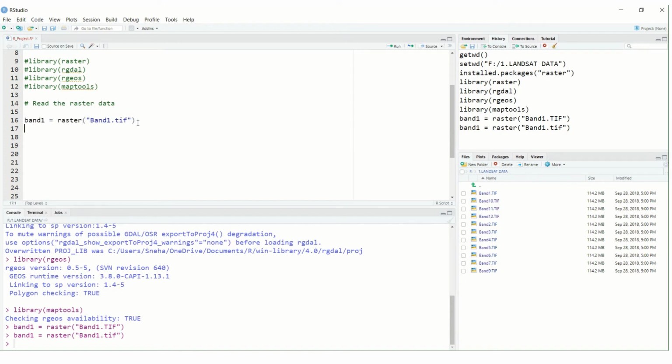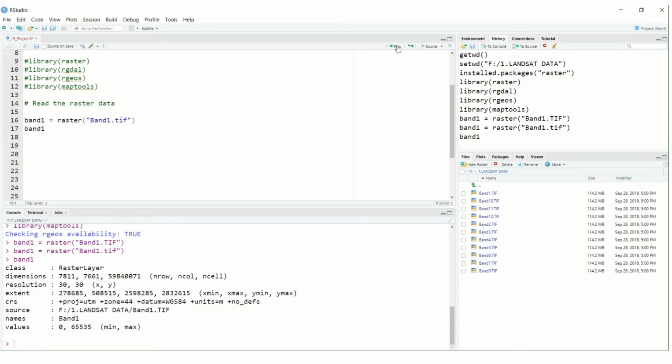Next step, you can check what information is there in the raster data. For that I'll write band1 and run. So what do I have in band1? The class is RasterLayer, and the dimensions are given: number of rows, columns and cells. If you want to check your band resolution, you can check it in R programming also.